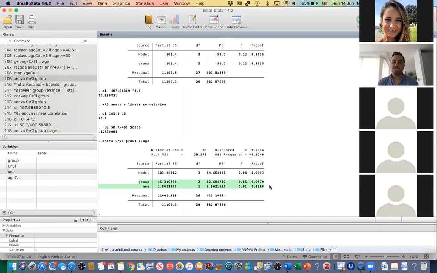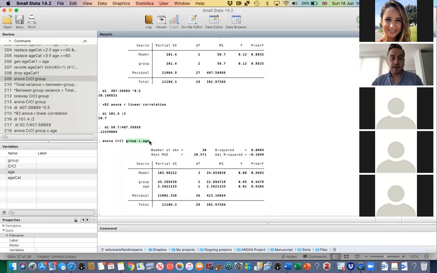So group is the independent variable, and age, you're treating age as an independent variable as well. I thought it was a dependent. Yes, you can see here the dependent variable first. Sorry, it's saying here that my connection is unstable, but can you still hear me? Yes, we can. Okay. So this is the dependent variable, and these are my independent variables: the variable group and the variable age